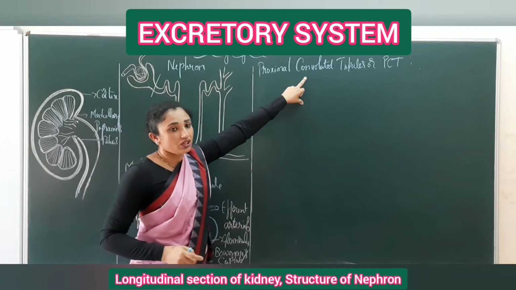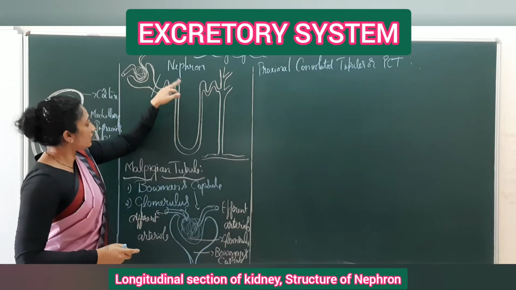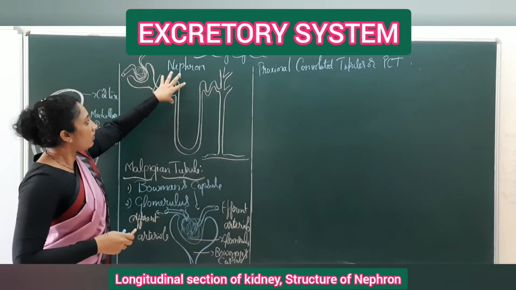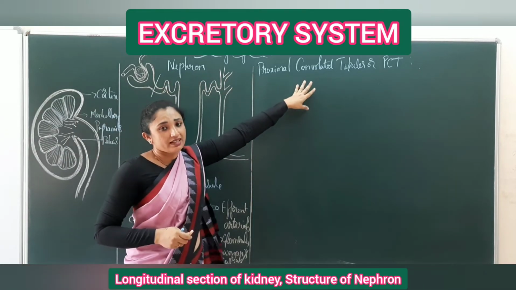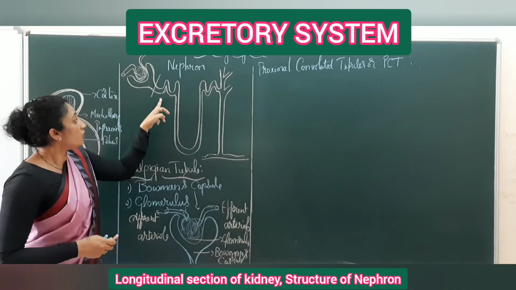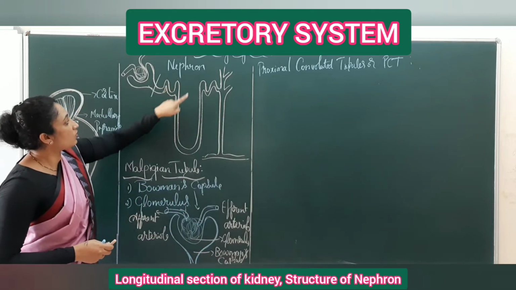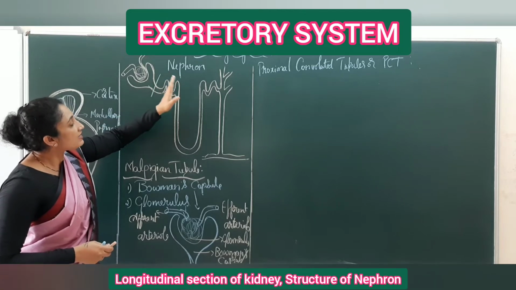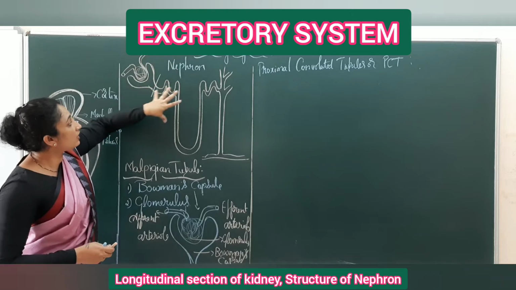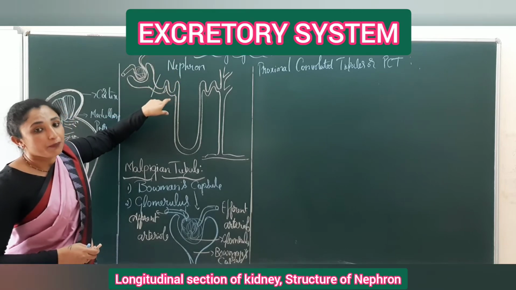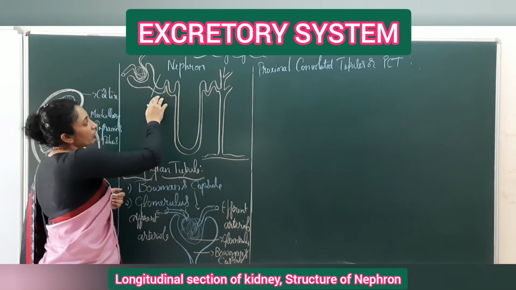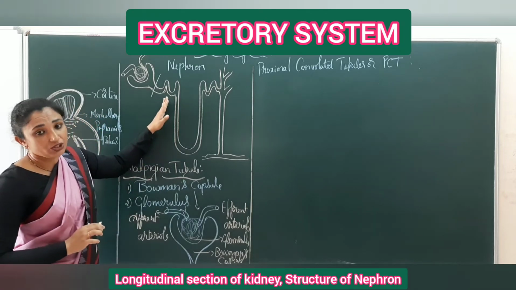So, convolution, you all know this structure. This structure is exactly this particular part. We call this convolutions. I think you have come across the term convolution in the brain also. So, this part of the kidney is known as convoluted, and as it is present in the beginning of the nephron, we call it proximal convoluted, and it is a tube-like structure, so we call it proximal convoluted